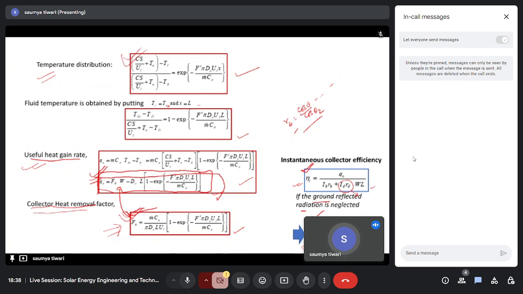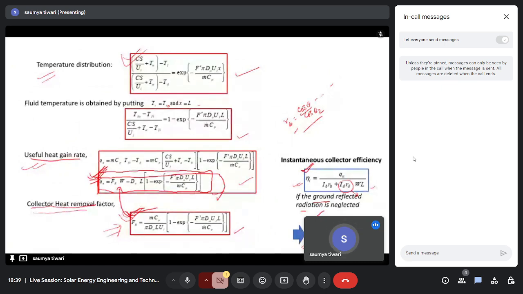Just the formula changes, because in a flat plate collector the concentration ratio was 1, right? But in this solar concentrating device, the concentration ratio is going to have some values. So that factor has just been adjusted in these formulas and factors. The structure of the formula is the same, so it's very easy to remember. That's why I'm telling you these are the important formulas that you need to remember: